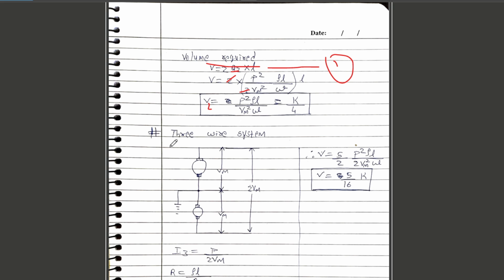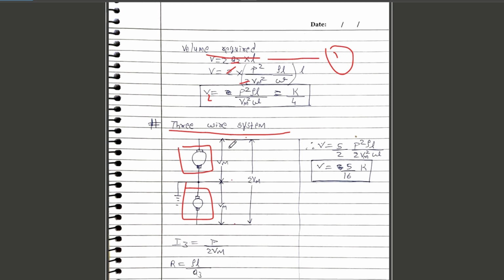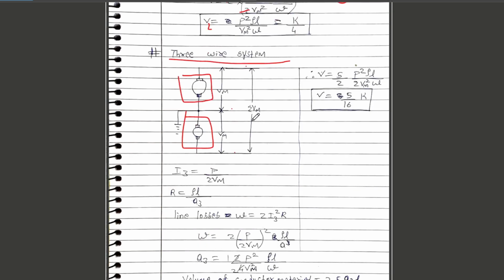So moving further to the 3-wire DC system. For the 3-wire DC system, we can say this is one system, this is another, and these are the 3 wires, 1, 2, and 3. So for the 3-wire DC system, your maximum voltage will be twice of Vm, right? So the current flowing through the system will be P by twice of Vm. P is the power and Vm is the maximum voltage, and your resistance will be rho L by